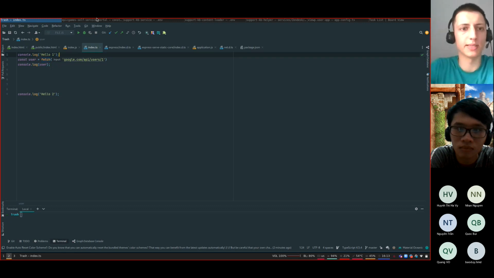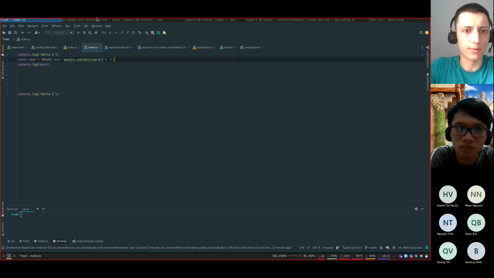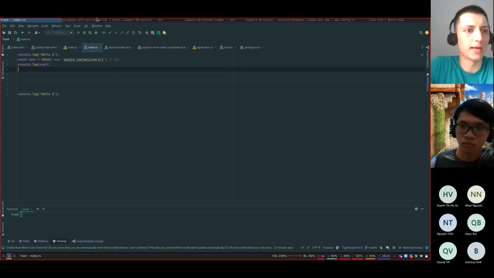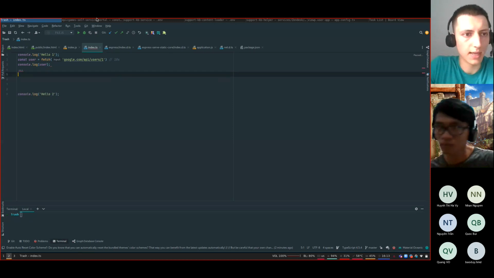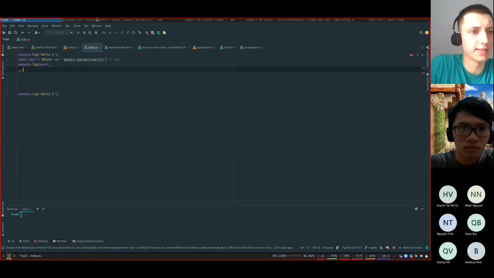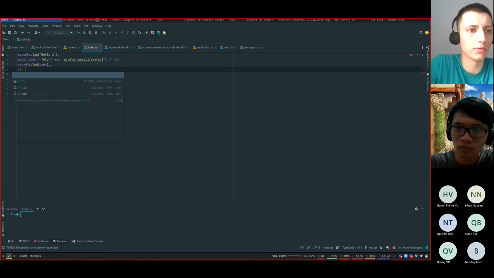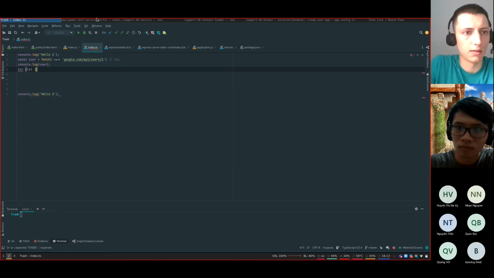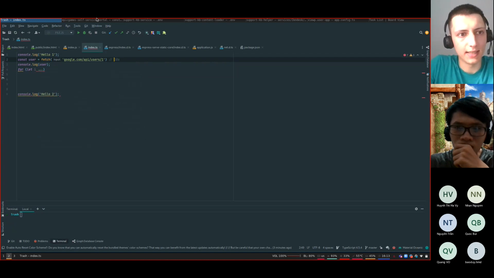During this time, it can take, let's say, up to 10 seconds, we can do some other JavaScript. It can be more requests, some mathematics or some for loop.